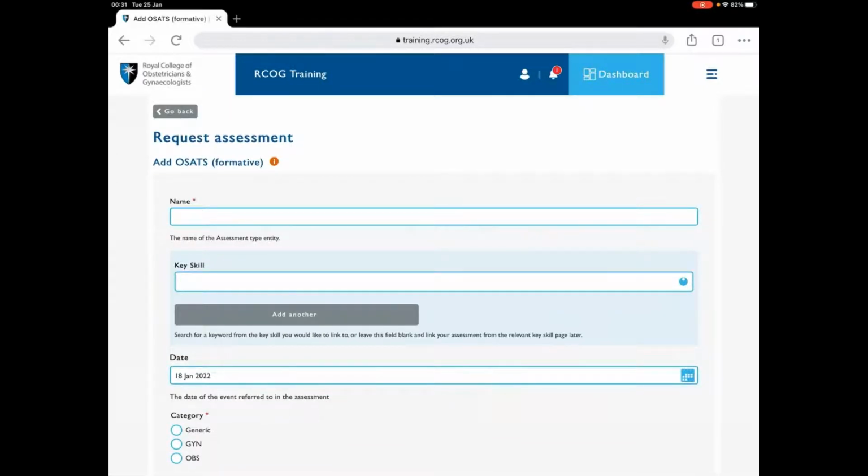So first of all, let's speak about formative OSATs. What is the meaning of formative OSATs? It's just a supervised learning event. What is the meaning of supervised learning event? That means like